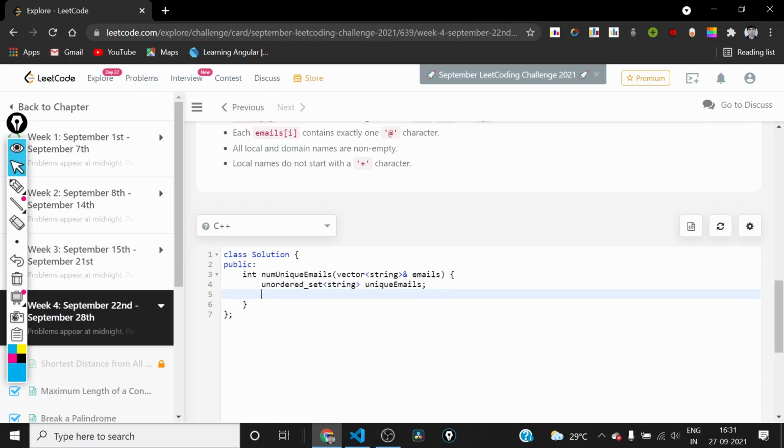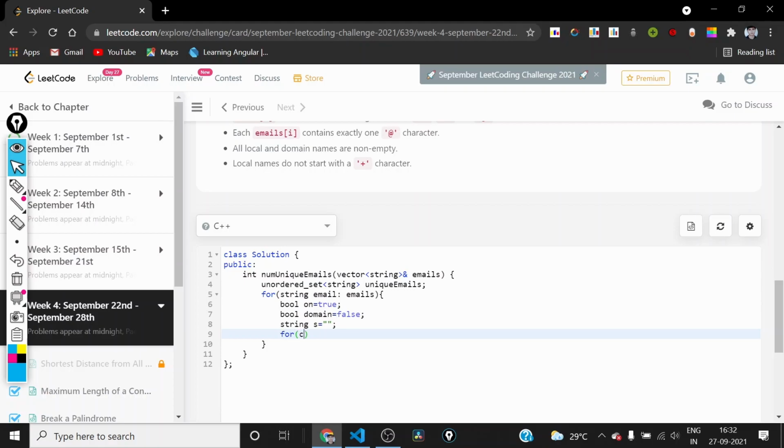Next, we need to iterate over all the emails, and then we will need these booleans. The first boolean will be on, initially true, and another boolean will be domain, initially false. We'll also need a string s, so that we can form the simpler representation of this email.